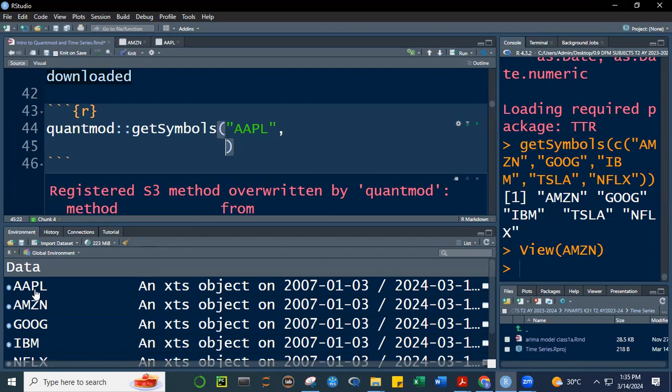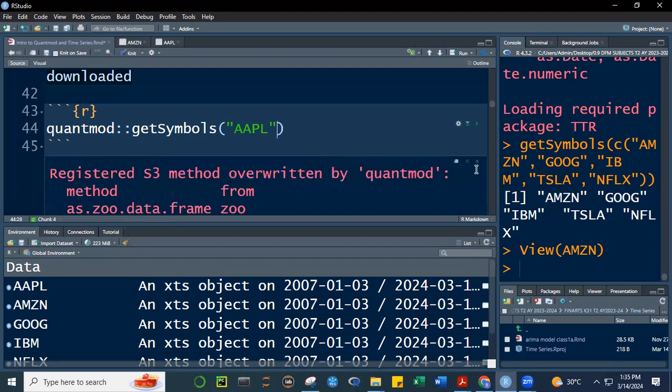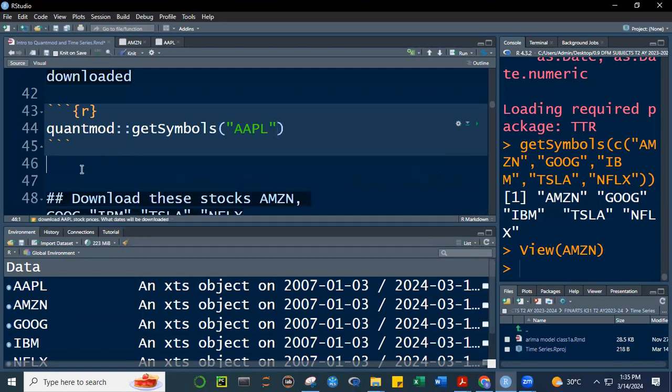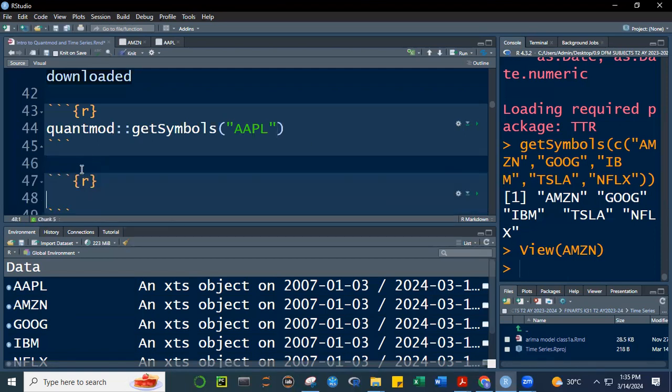I want to name it another way. Let's suppose that I want to name this, okay, let me put it just here below. And instead of big AAPL, I'm going to name it small aapl. Okay? And then get symbols,